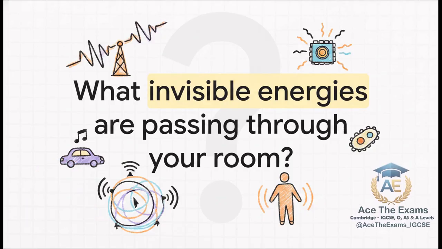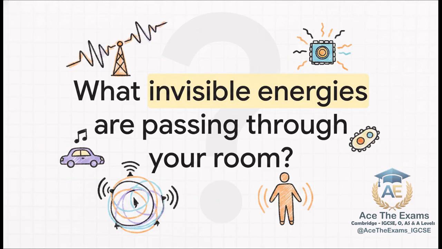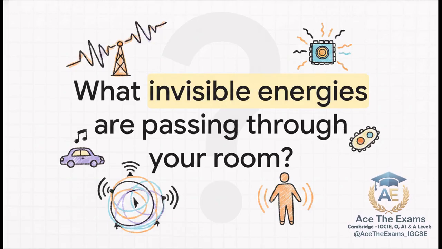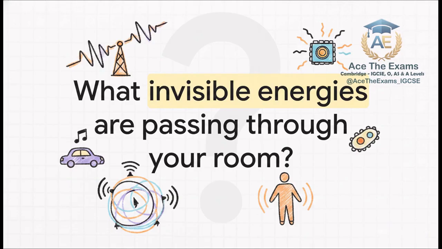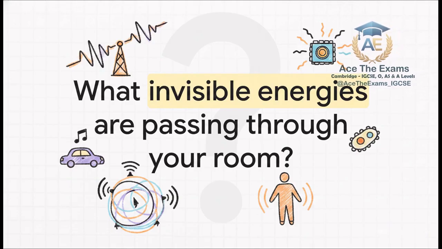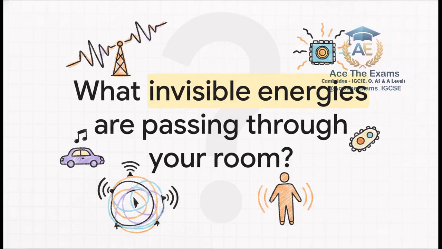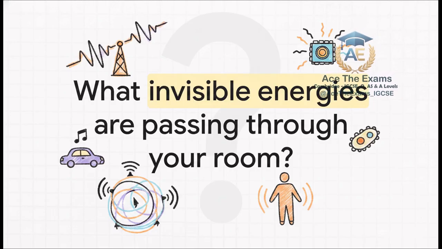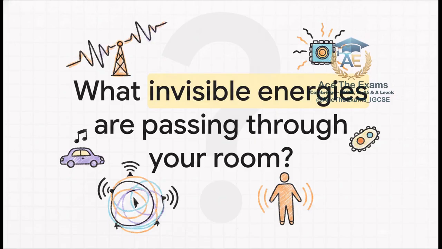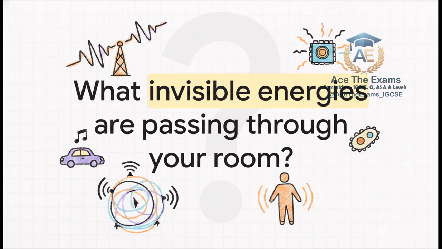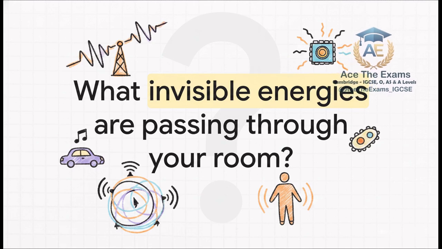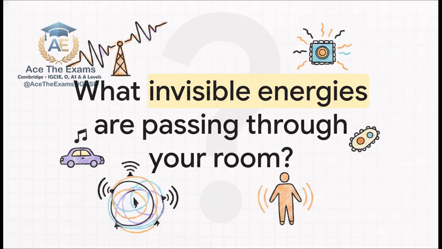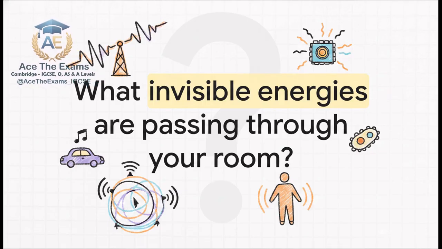From those gentle, kilometers-long radio waves bringing music to your car, all the way up to microscopic super high-energy gamma rays inside a nuclear reactor, it's all just oscillating electric and magnetic fields obeying the exact same universal speed limit. So, I want to leave you with this one thought to ponder. If all these waves are just invisible energy fields zooming around at 300,000 kilometers per second, what invisible energies are passing straight through the room you're sitting in right at this very moment? Wi-Fi? Radio stations? Infrared heat from your own body? The universe is incredibly busy, even when you can't see it.